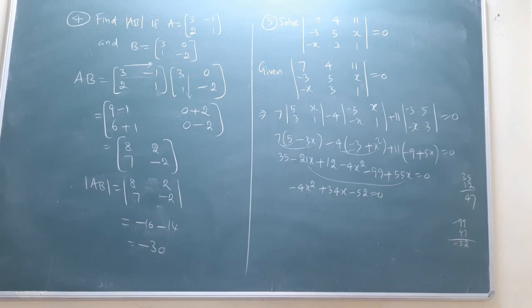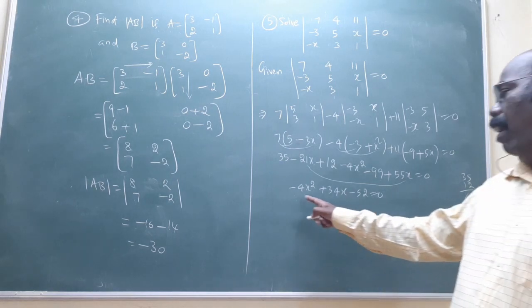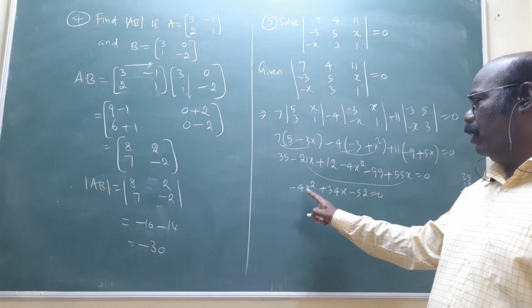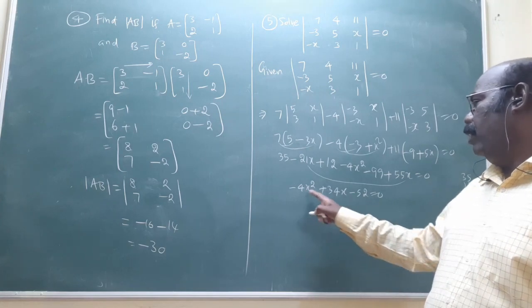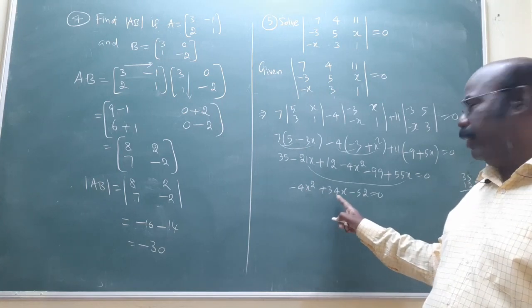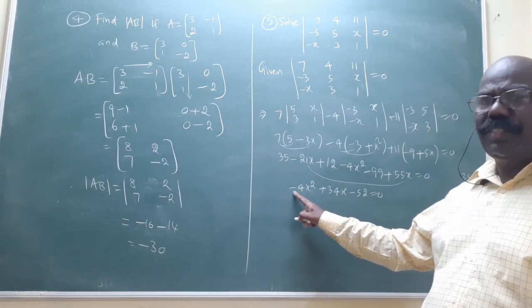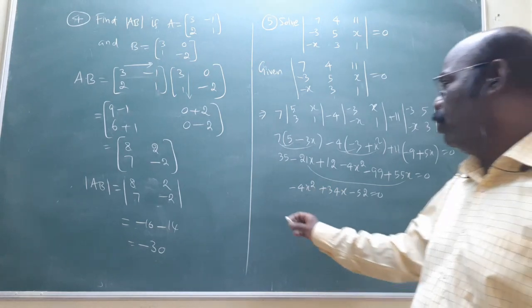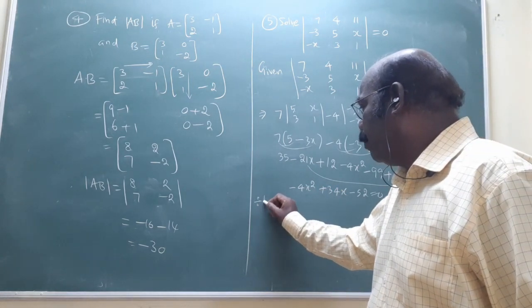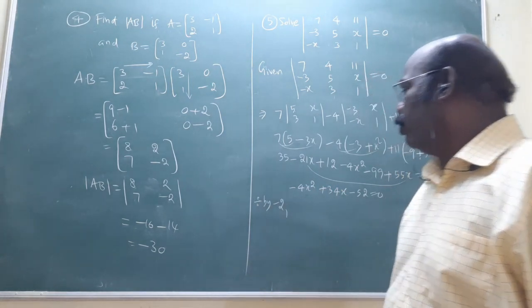In this way, you will form the equation in order: x square term, x term and constant term. Now solve this one. We get the 2 values for x. That is the answer. Now, here all the terms are divided by 2. This is possible because 34 divided by 2, 26, 2 times. And also, the first term is not positive, that's why remove the negative sign also. That's why divided by minus 2.